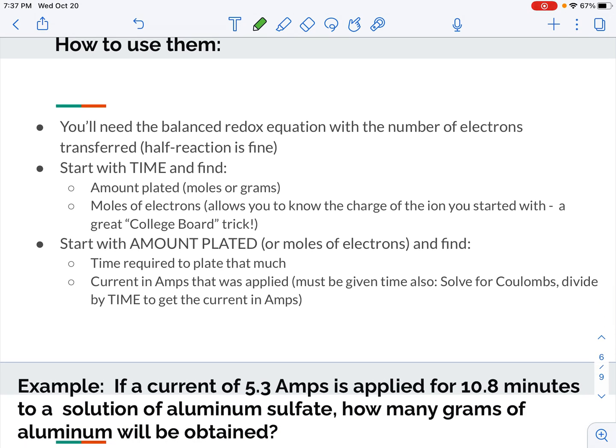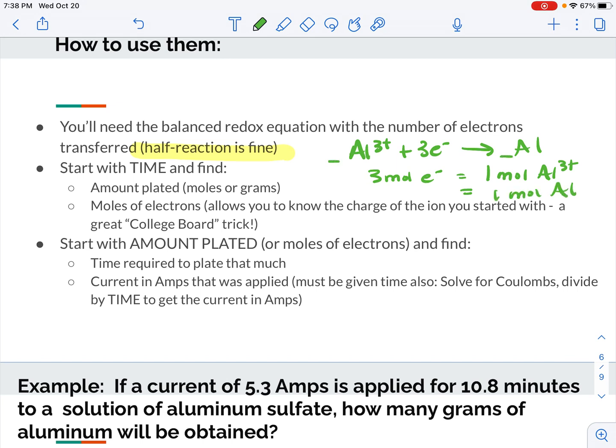The first thing you need is the balanced redox equation with the number of electrons transferred. So it's easiest actually to do this in half reactions. So let's say I have the reduction of aluminum ions. This would be Al3+ plus 3 electrons yields Al, basically telling us that for every 3 moles of electrons in this case, we can convert 1 mole of Al3+ into 1 mole of Al, and that's coming from the